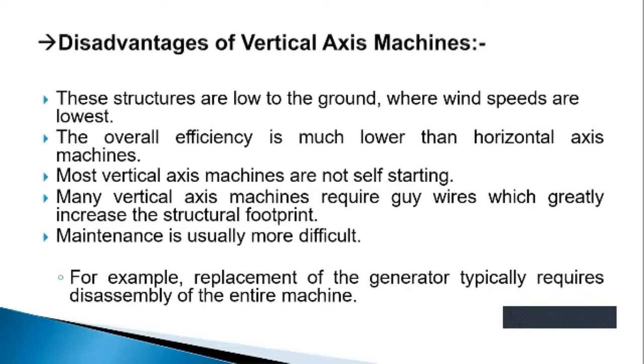Maintenance is usually more difficult. The maintenance of vertical axis wind turbines is more difficult as compared to horizontal axis wind turbines. For example, replacement of the generator typically requires disassembly of the entire machine, because we install the shaft and the blades on the turbine and generator assembly. That's why, if we want to replace the generator or turbine, then